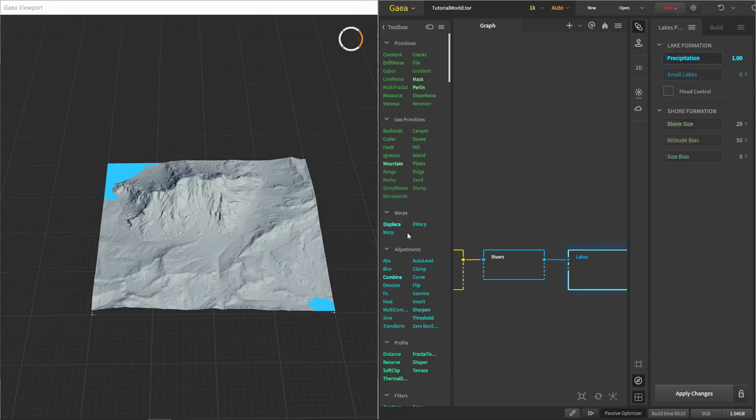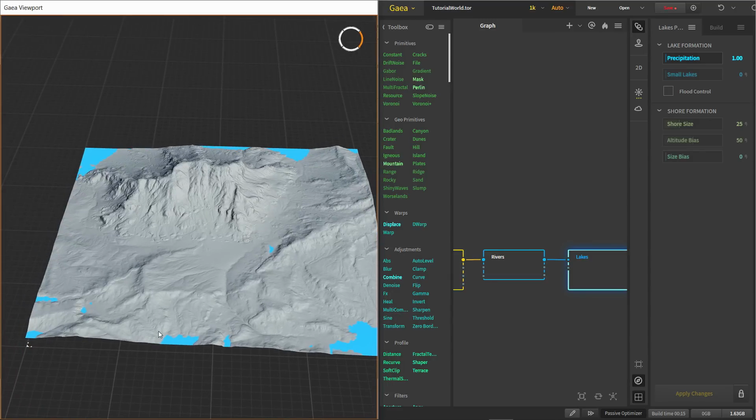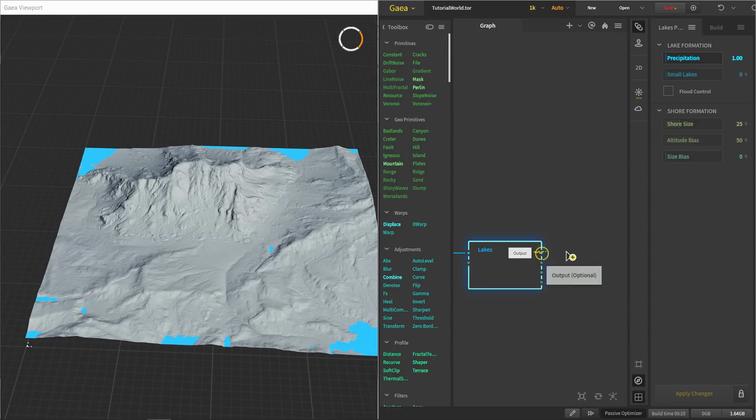With precipitation it starts to rain all over our terrain, and then the water settles down in the areas that are relatively flat. Doesn't matter what altitude they are on. So with the precipitation we are also getting some of the water deposit right here. And this is all of our creation part.